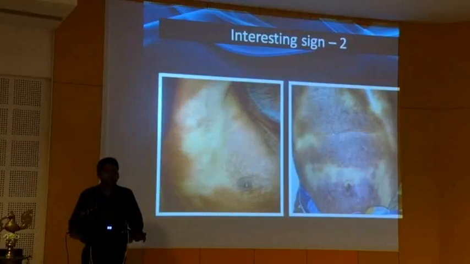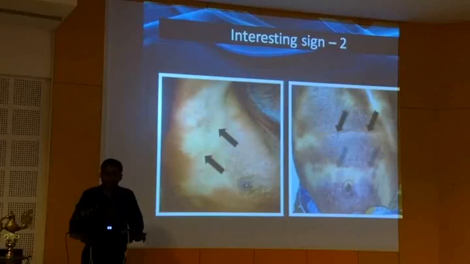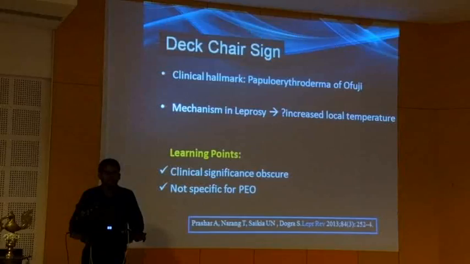The second interesting sign was in our case of leprosy. We noticed that the patient had sparing of the axillary folds and also folds of the abdomen, which is known as the deck chair sign. Deck chair sign was thought to be the clinical hallmark of papuloerythroderma of Ofuji. Its mechanism in leprosy is thought to be due to increased local temperature along the skin folds, which is unfavorable for the leprobacilli. Though its clinical significance is obscure, we can now say that deck chair sign is not specific